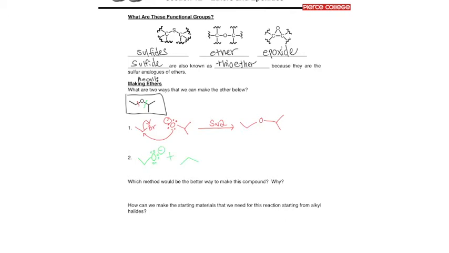Plus, now we have the leaving group on the other side of the green squiggly line, and so we're doing an SN2. So these are both possible, right? Now, there's a question that's posed if we said, hey, we want to make this ether. How can we do it? We say, well, there's two ways. The obvious next question is which one's better and why.